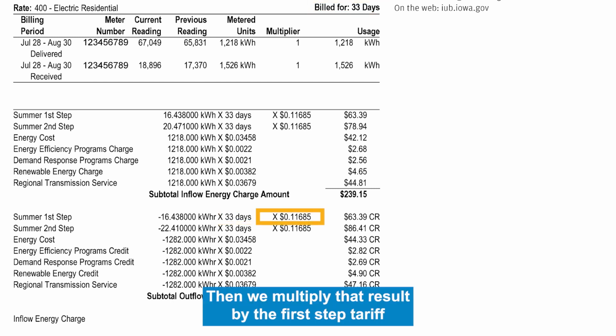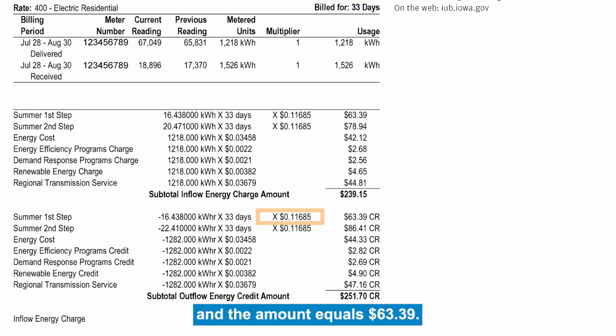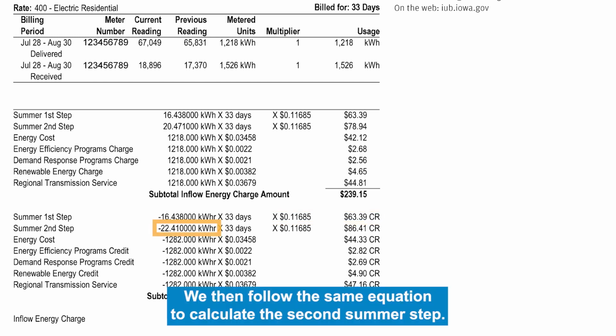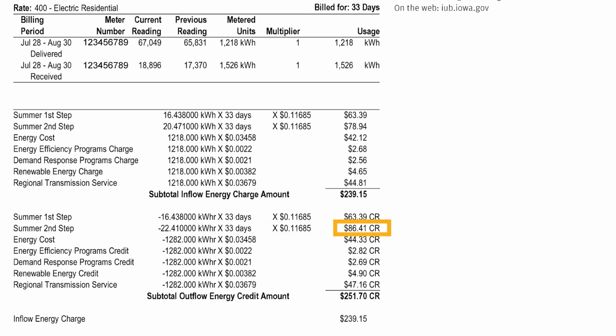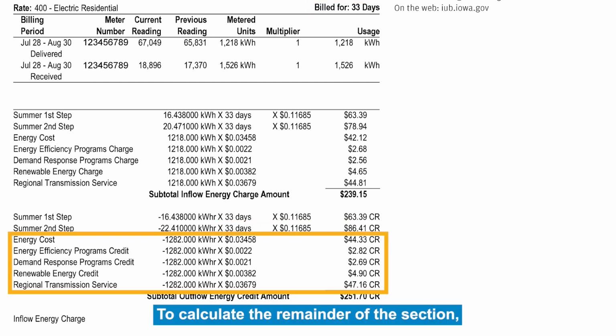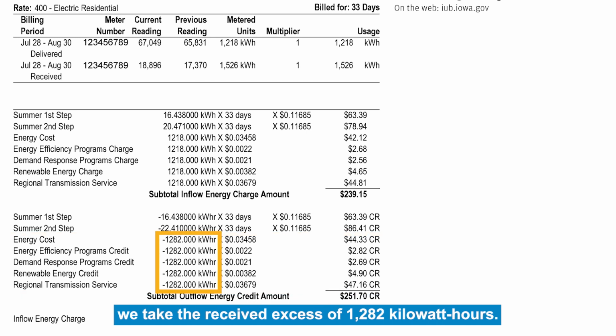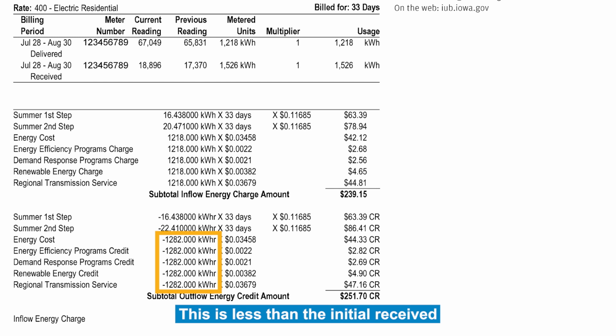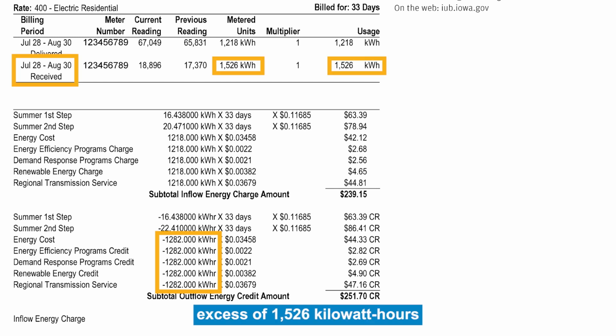Then we multiply that result by the first step tariff, and the amount equals $63.39. We then follow the same equation to calculate the second summer step. To calculate the remainder of the section, we take the received excess of 1,282 kilowatt hours. This is less than the initial received excess of 1,526 kilowatt hours because our example customer system is installed to